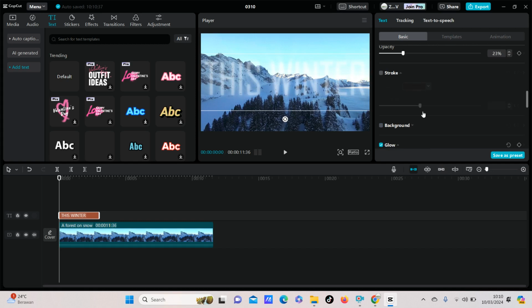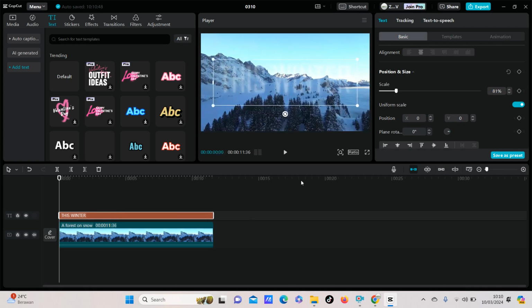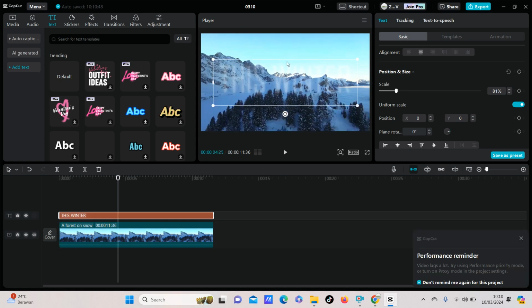Okay, change for the scale. So change for the duration of the text, and it's done. So you have the